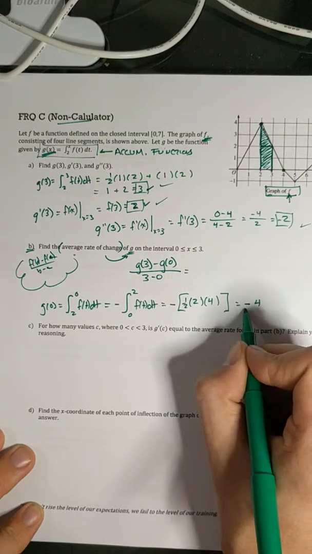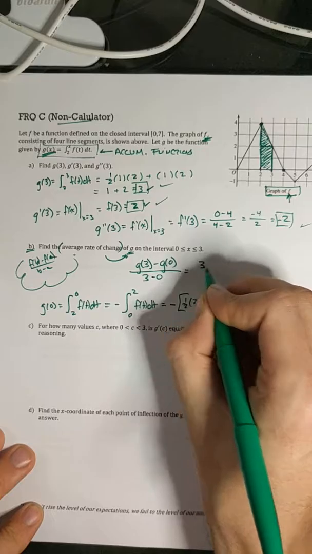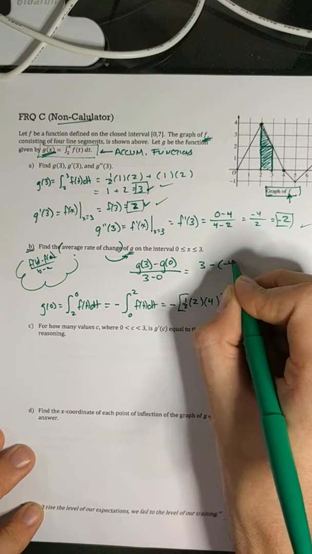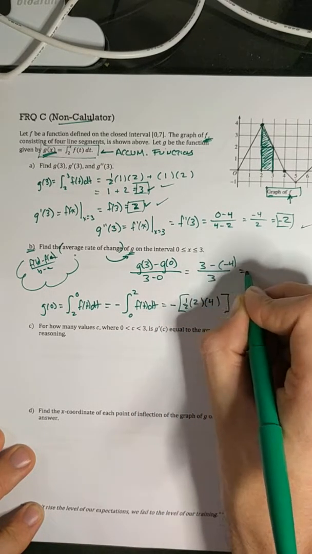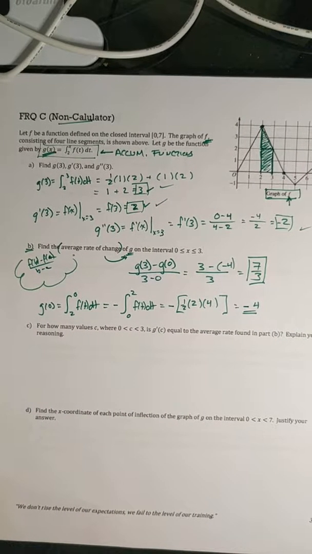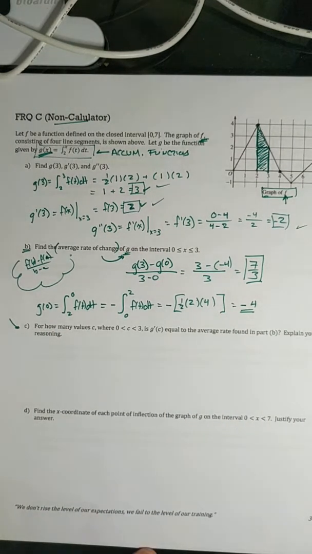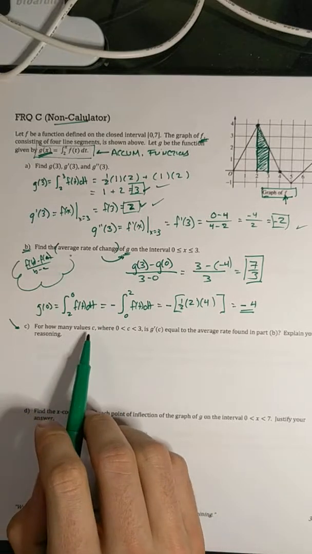So now if I take that to my average rate of change formula here, g of 3, well that was 3, minus negative 4, over 3, I get 7 over 3. That is my average rate of change for part B. So now, let's figure out C. For how many values C